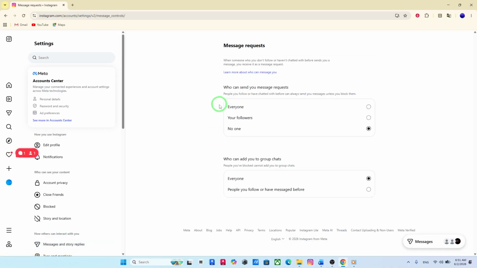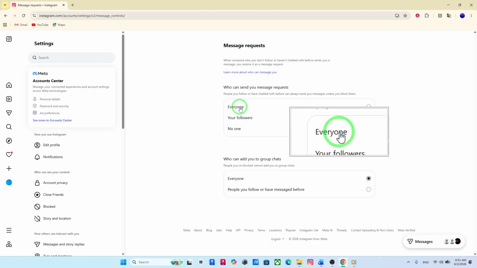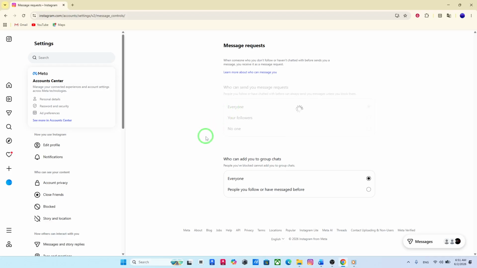You'll see different options for who can send you messages or message requests. Look for the option labeled Who can send you message requests. Here, select Everyone. This setting allows anyone on Instagram, even people you don't follow, to send you message requests. Once you choose this option, your inbox becomes open to new conversations, but